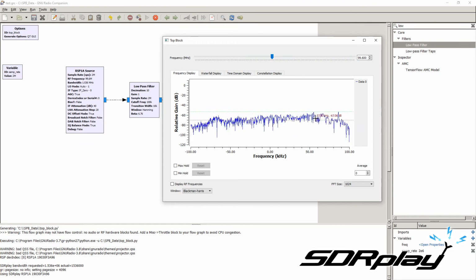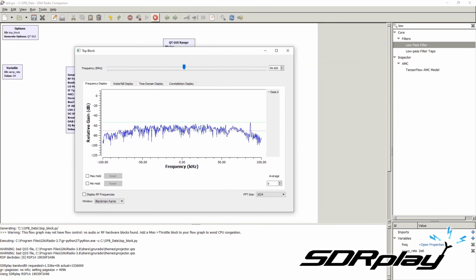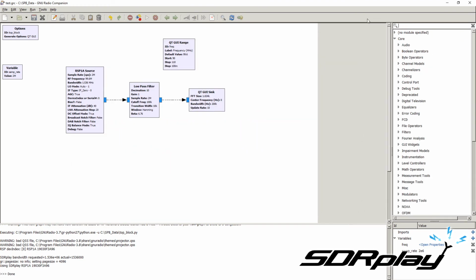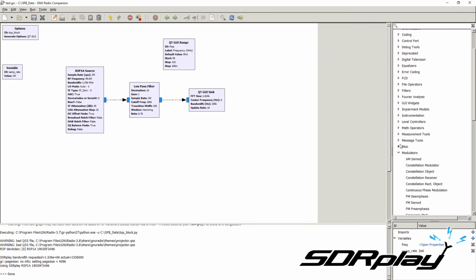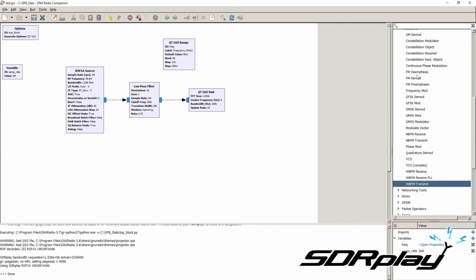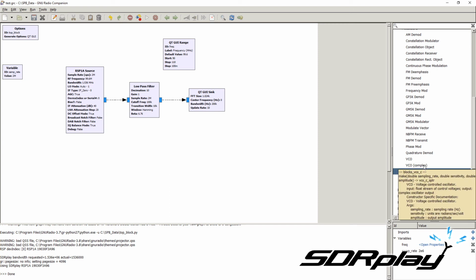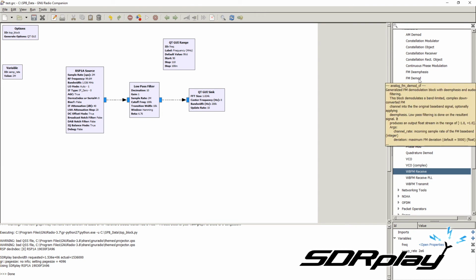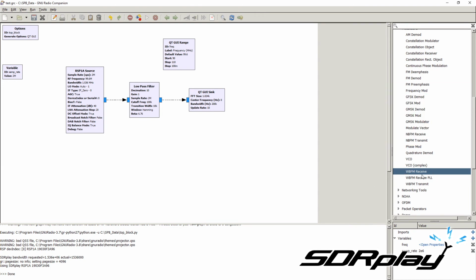At this moment, we could receive the radio station using an FM demodulator. If you look for demodulators, there are several FM demodulators. What we want to use is the wideband FM receive, because we are trying to receive a wideband FM radio station. We could also use an FM demod block, but this is custom made to receive FM radio stations, so we'll use this block. This block will go after the low pass filter, after the signal has been decimated,